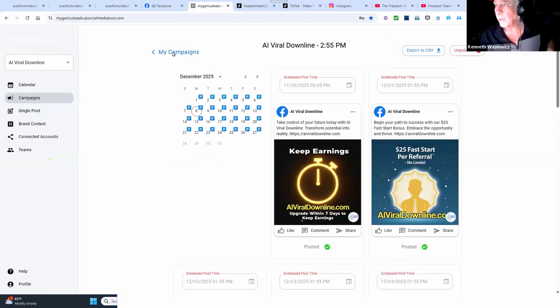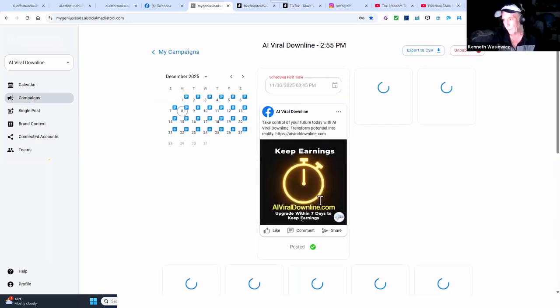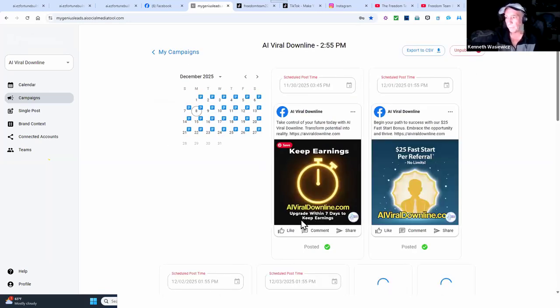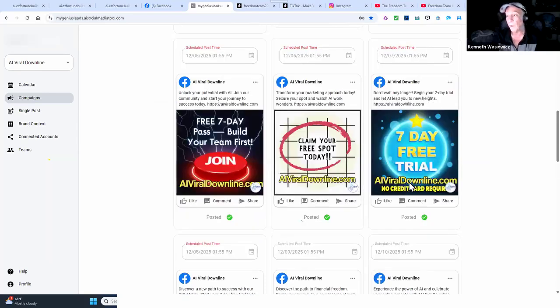Not only can you have two browsers open, but you can be logged in to your two separate accounts. One on Google and one on Edge. And then you can control your other business or do whatever. You can work them at the same time, right? Again, right here, these are all posted. I went through all of them and I added my link, even though I had it on the image.